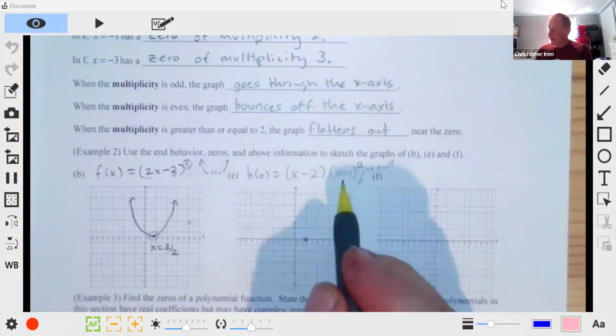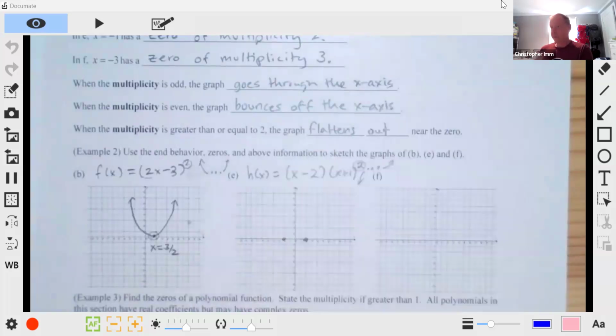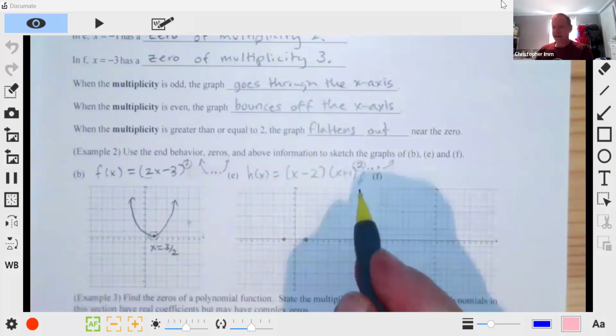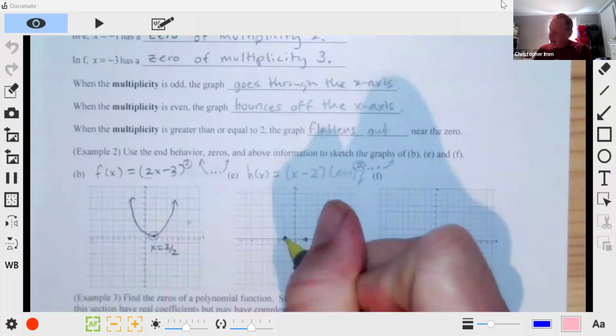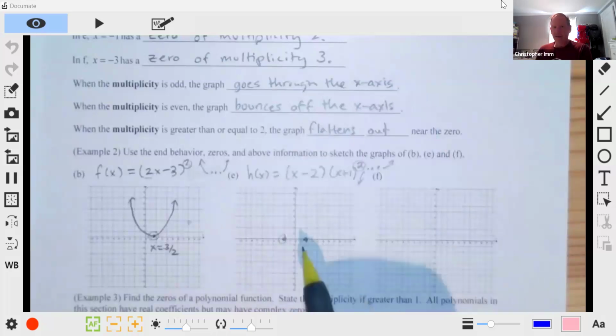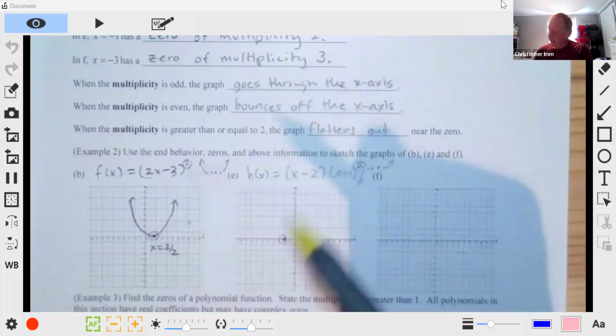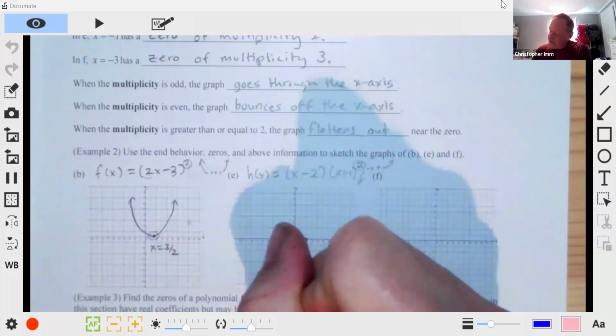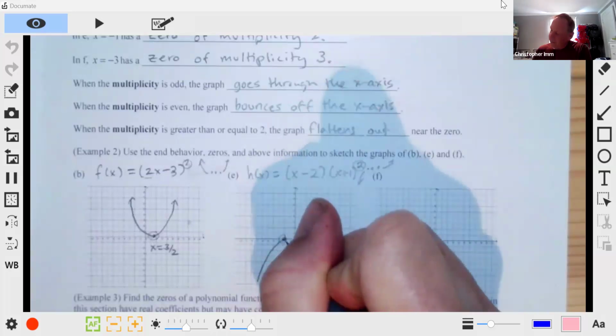And at x is equal to -1, we have a 0 of multiplicity 2. So we know that that's going to bounce off the graph here. So our end behavior tells us what's going to happen to the left and the right of these zeros. And then we should see here that this one, since it has multiplicity 2, which is even, it's going to bounce off the x-axis. So a sketch of our function here would look like going up, hitting, coming back down,